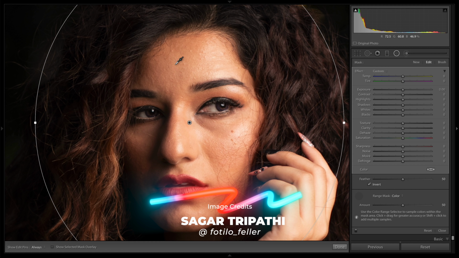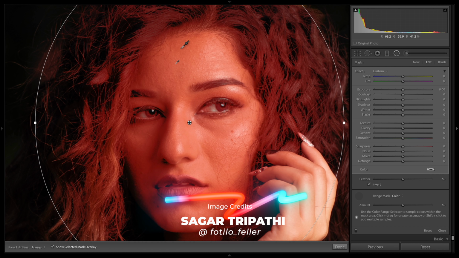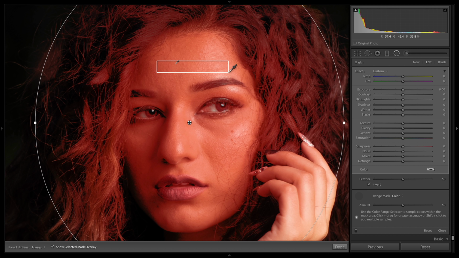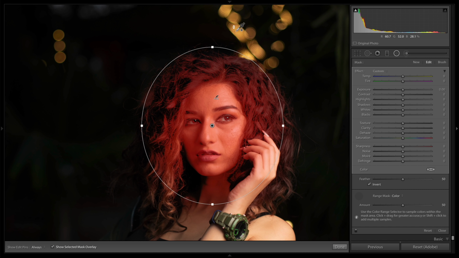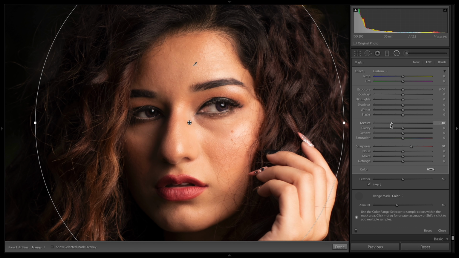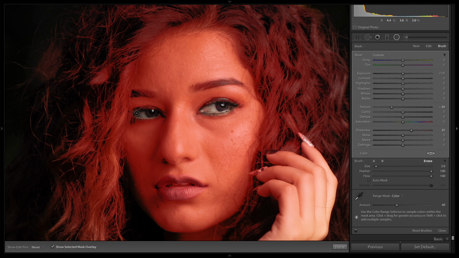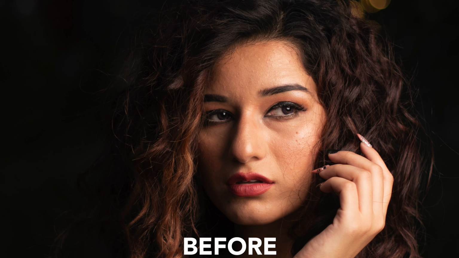to make a selection. Now, since the color of the skin is not even, you can drag and select range of colors. If you want to add some other selection, you can hold shift and click on the other color as well. Once you're happy with the overall selection, you can change the amount. Use negative texture, but don't overdo it, and you're good to go. You can add a bit of sharpening if you like, but that's it. You can use the brush tool to add or remove certain areas as well, and this is the before and